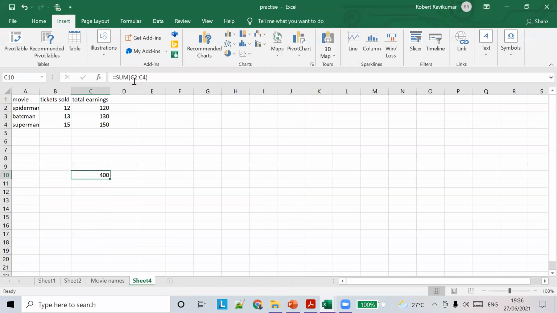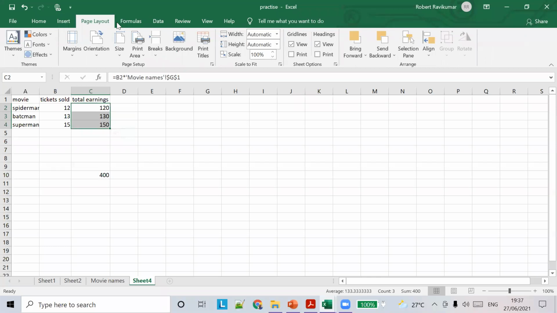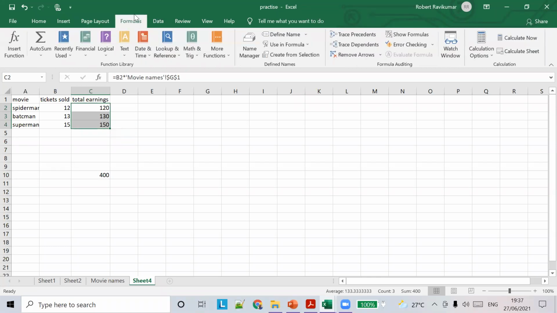So you can see the formula here, C2 to C4. What if I want to give a name for this range? So instead of using the symbol C2 to C4, I can use something like a named range. So there's a range and I'm trying to give a name for it. What I'm going to do is select this, go to Formulas, and there is a define name option in the define names group.